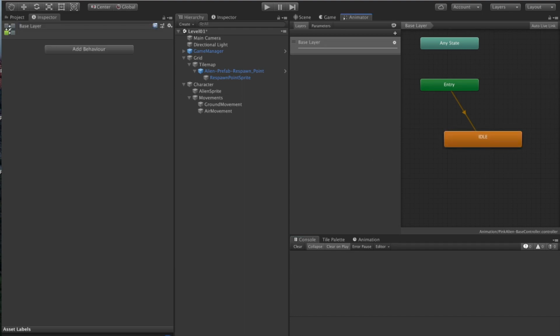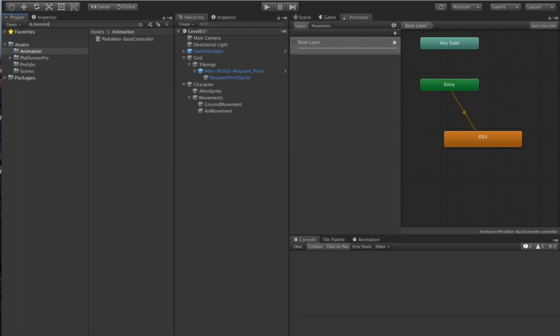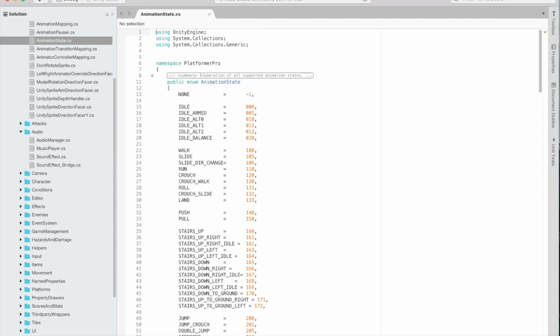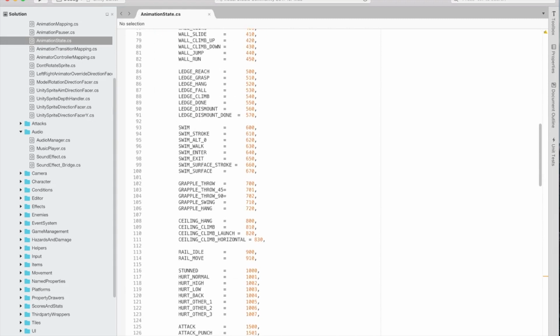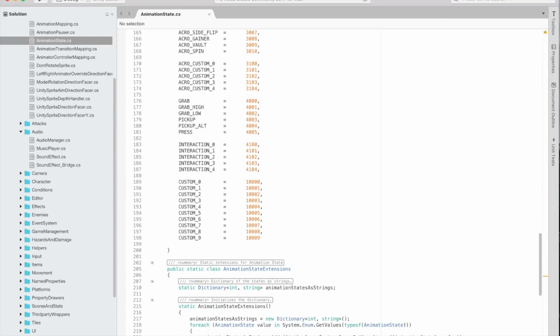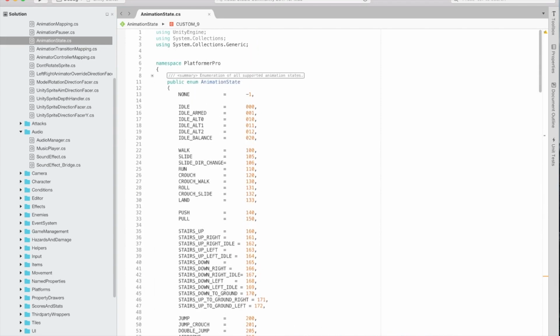The state names match the states in the file called animation state. There are many different states sent by many different movements, and also some placeholder states like custom 0, 1, 2, 3, 4, 5, 6, 7, 8, 9, which you can use for your own animations. Note that the state doesn't imply a certain animation.